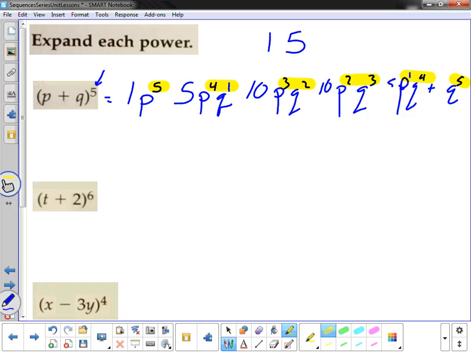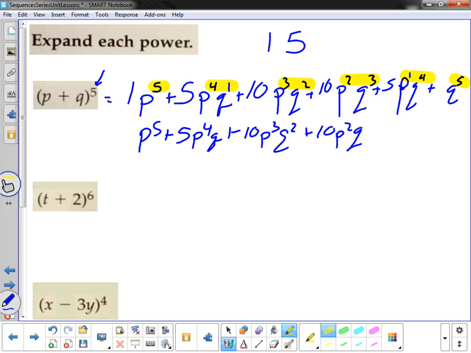10, 5, and then I would have my plus signs right there. So my answer is p to the 5th plus 5p to the 4th q plus 10p to the 3rd q squared plus 10p to the 2nd q to the 3rd plus 5p q to the 4th plus q to the 5th. And it's because I know my Pascal's triangle. You got it down, it's a piece of cake. If you don't have it